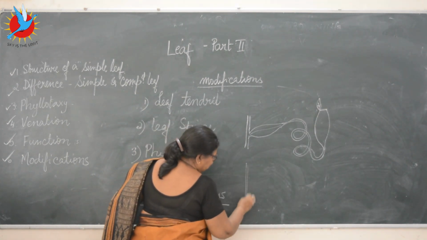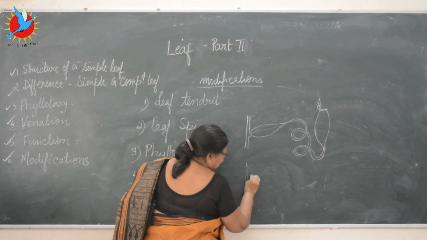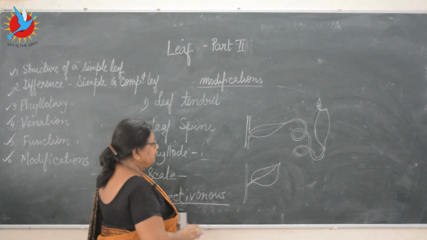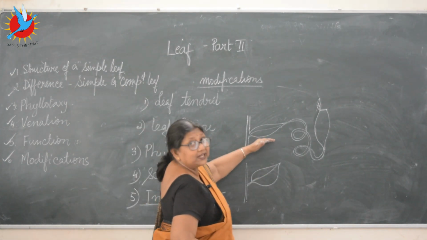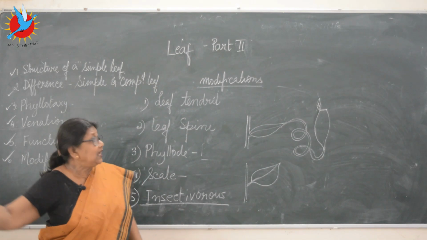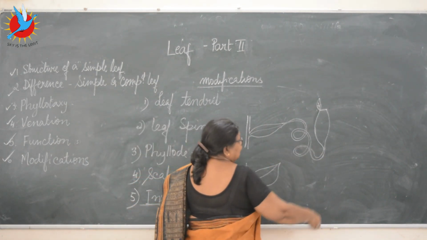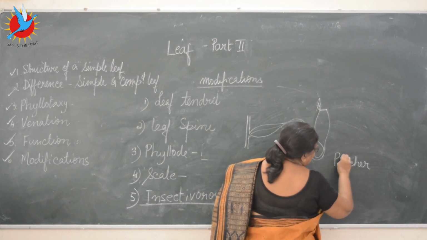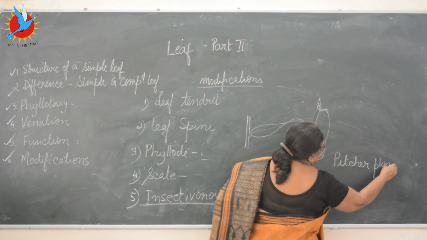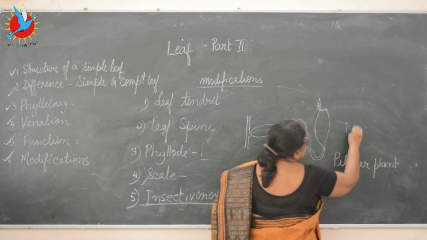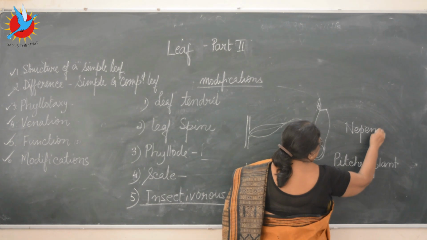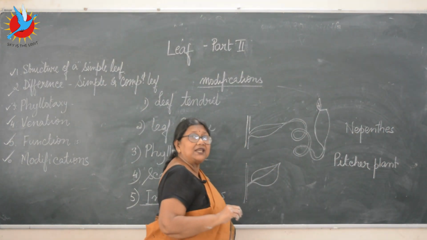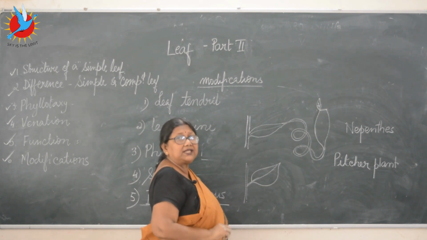Now I'll draw a simple plant, the simple leaf. Just see this simple leaf, and we'll compare the two. This is a simple leaf, and the same leaf has modified into this insectivorous plant. Because it modifies into a pitcher-like structure, the common name given is pitcher plant. But actually the name of the plant is, for example, Nepenthes. Why do they take this shape? Because they need nitrogen. They do not get it from the soil. They need insects for that.